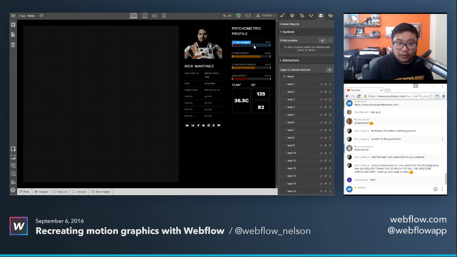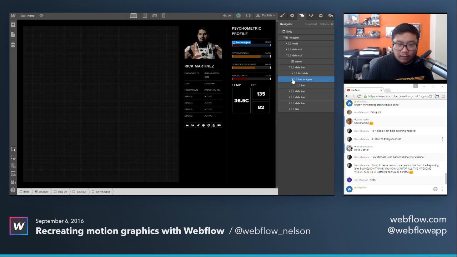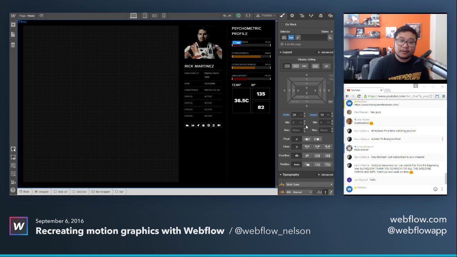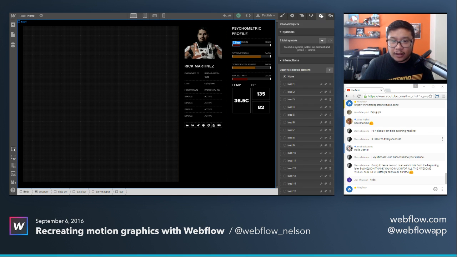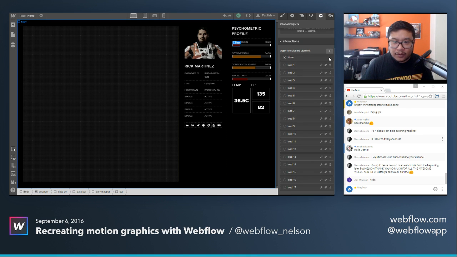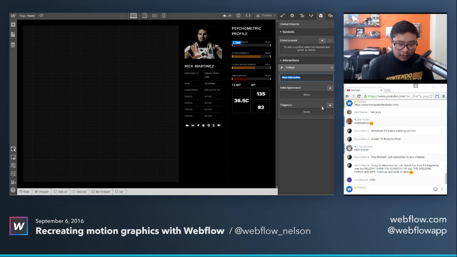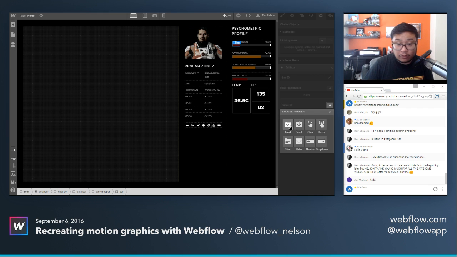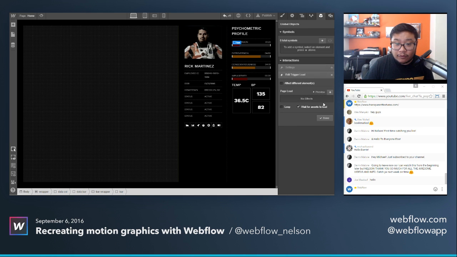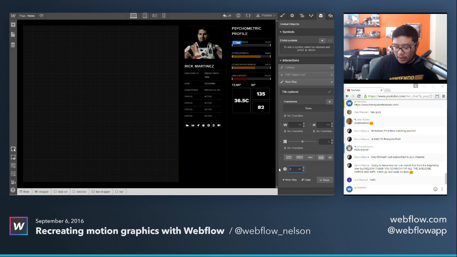So let's go here to bar wrapper and see what's inside. We have a bar, and right now the width is set to 20%. What I can do is go to interactions, add a new one, and call this bar 20 because it's 20%. The trigger will be another load, and then I'm going to wait for the assets to load. Let's wait 1,200 milliseconds, okay? And then,